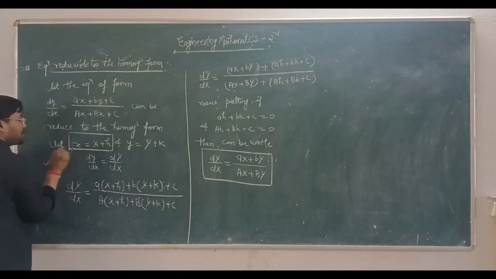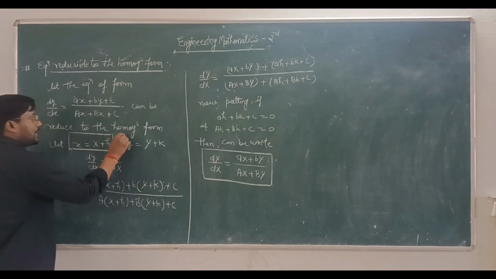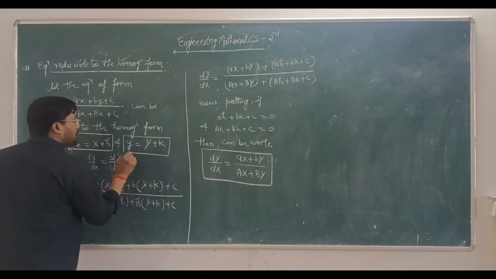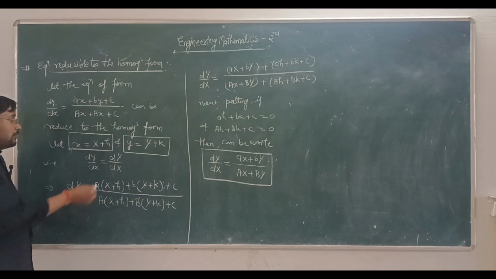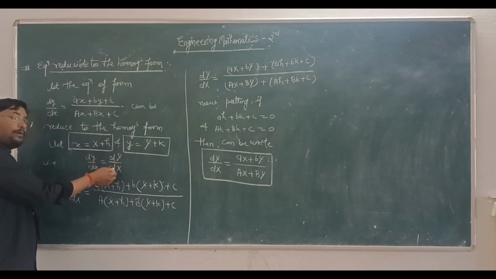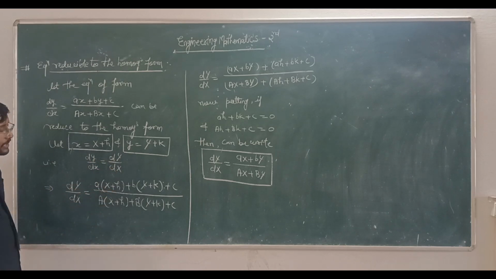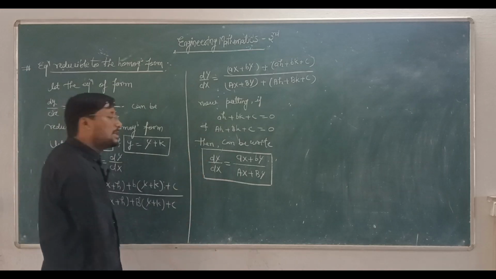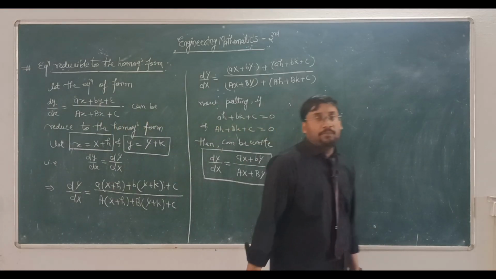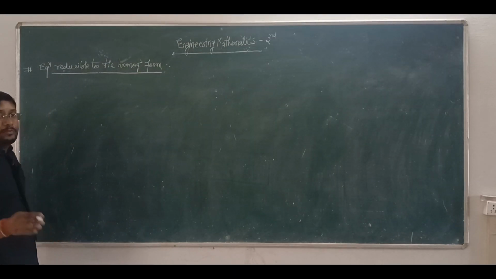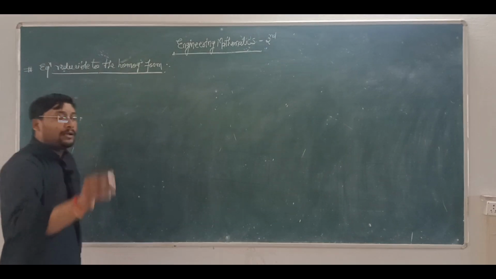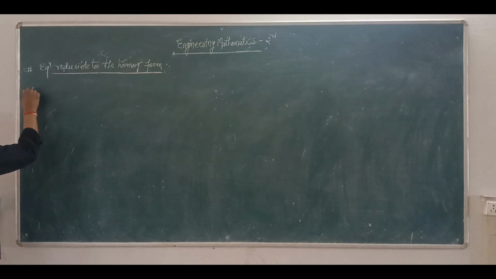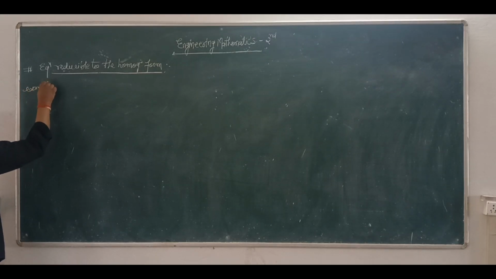First you can write small x is equal to capital X plus h and small y is equal to capital Y plus k. Therefore, small dy upon dx is equal to d capital Y upon d capital X. Now you can put these values in this equation. You can find the homogeneous differential equation. For example, continuing this topic, equation reducible to the homogeneous form. You can note down the numerical example. For example, to solve